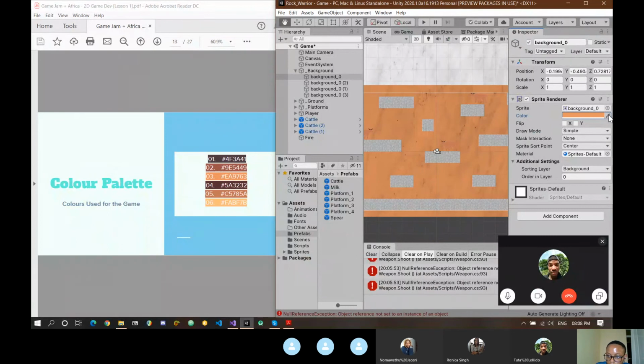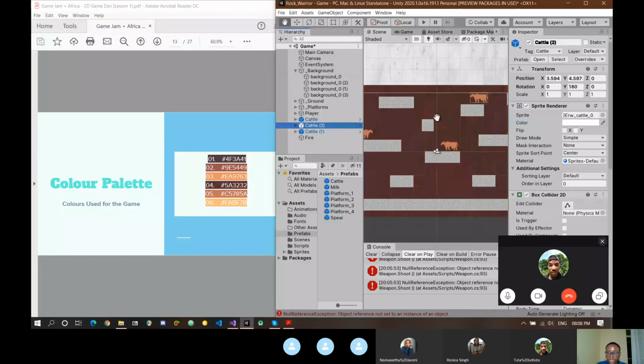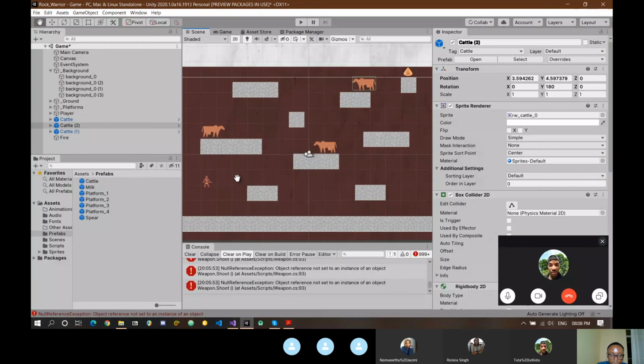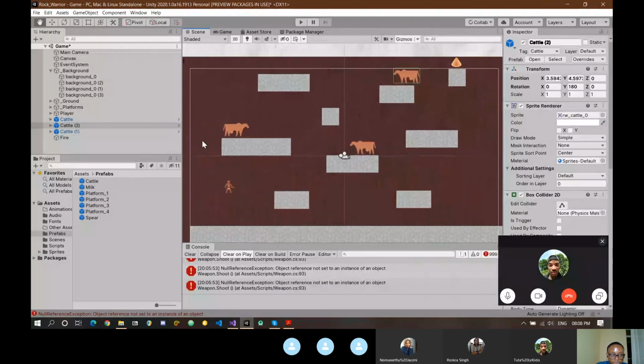Let me see how it looks. Okay, clashing with our characters. Something darker. Okay, choose this one. Yeah, now it's quite dark, and you're able to see all the characters clearly. Lastly, for the platforms,